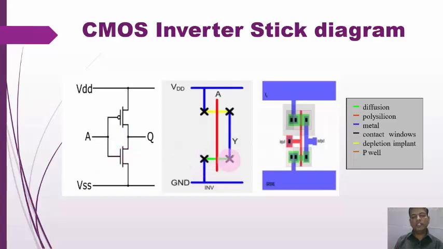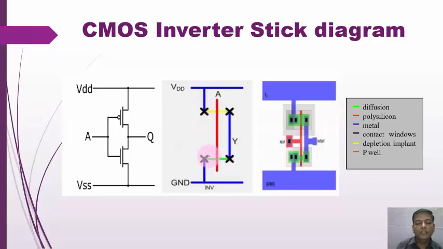So NMOS is the diffusion layer, that is the green layer. If you draw the green layer, then draw the PMOS yellow layer. In between that you have to put down the polysilicon layer, that is red color. So the gate terminal forms, that is the A input. Then these are connected to the metallic contacts through VDD and VSS. Here the source terminal we have to connect, so make the contacts in black color and connect through the metal.